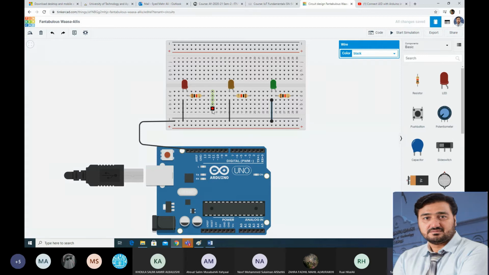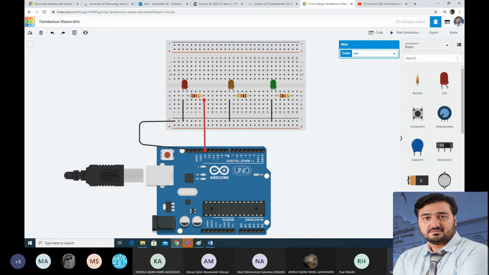Now what I need to do is connect the digital ports. I could use port number 18, or port number 13, or let me use digital port 12. Actually, I think it is better to use port number 13, and I will connect it with the red LED. So here I will use the red LED, port number 13.